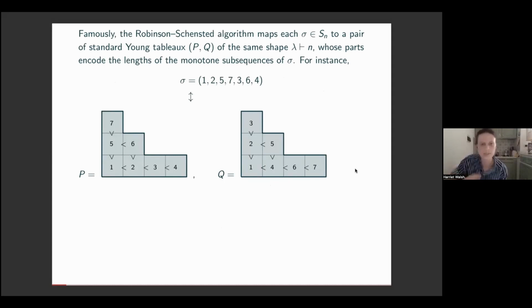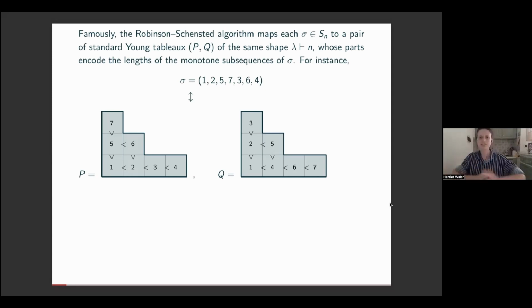So thanks to a purely combinatorial bijection between permutations and pairs of standard Young tableaux, so ways of filling in the Young diagram of some partition, the same partition, with numbers so that they're increasing along both columns and rows,